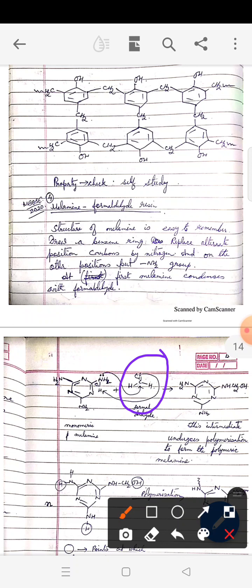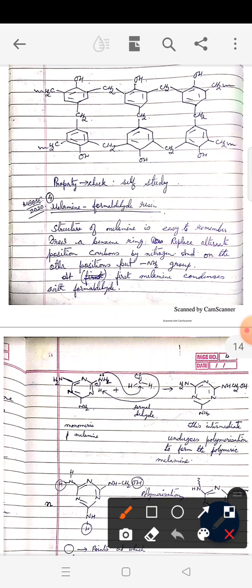So the NH2 group, as you know, serves as a nucleophile, and the CO group in the aldehydes behaves as an electrophile. We have done such reactions. So the NH2 group attacks the carbonyl group, the CO bond opens, and then O takes up the H. That's how you get this structure. This part remains the same, only here there is a change. This NH2 group becomes NHCH2OH. Now this serves as a starting material for the polymer.